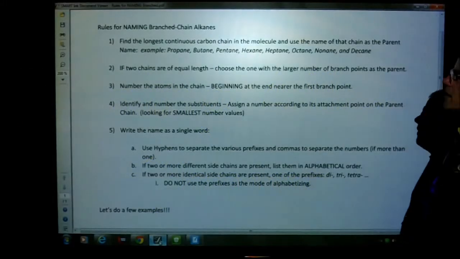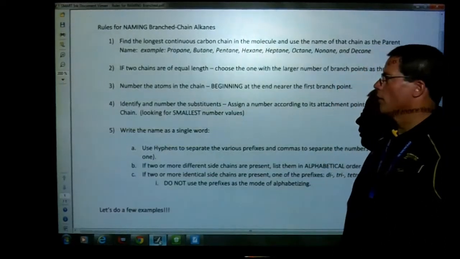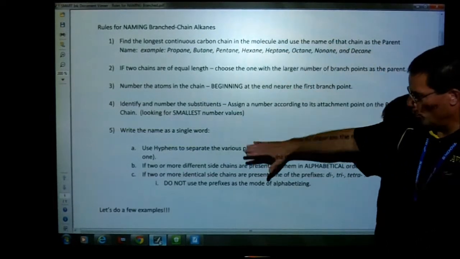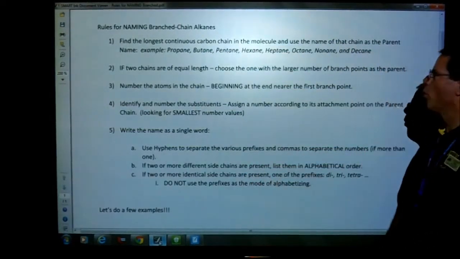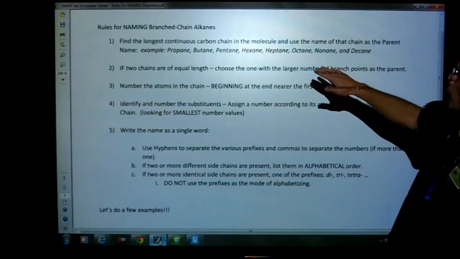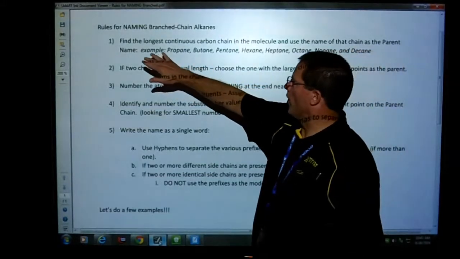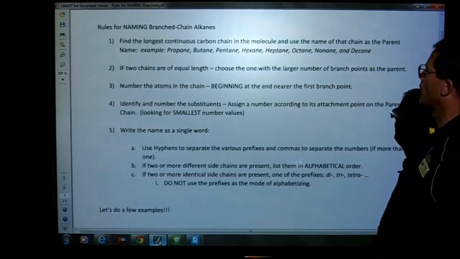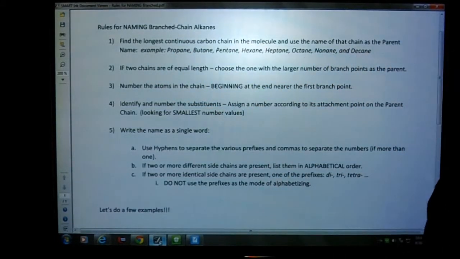Today we're going to talk about naming branched chain alkanes. And here are the rules, or the checklist, that you should be following when naming or writing these things out. So let's go over these real quickly. Number one says find the longest continuous carbon chain in the molecule and use the name of that chain as